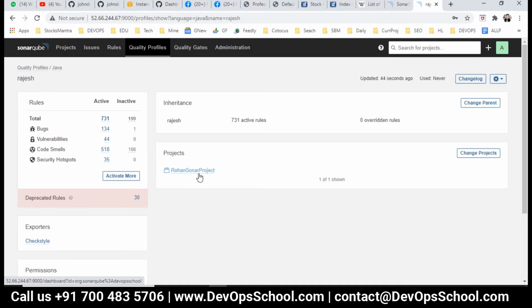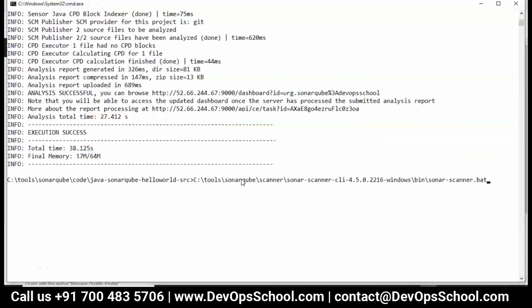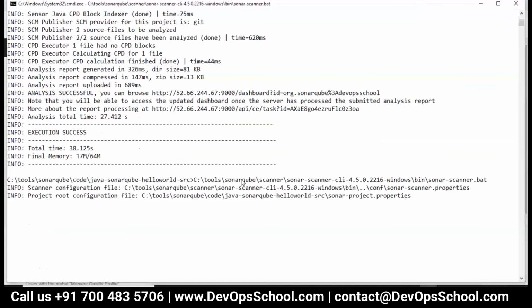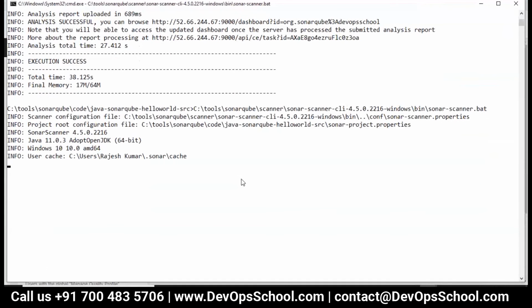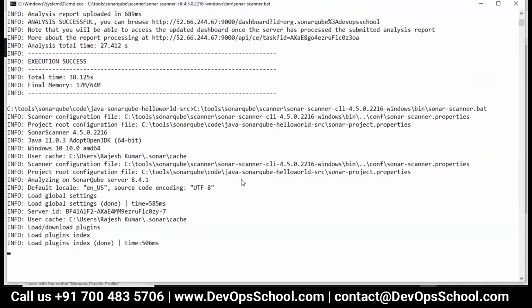So now guys, here I am going to rerun the scanner after associating my project with my profile.